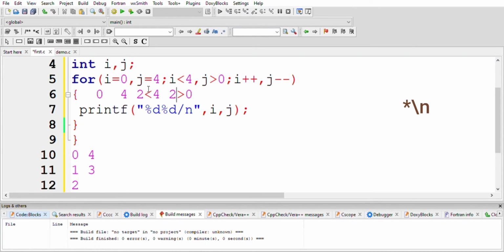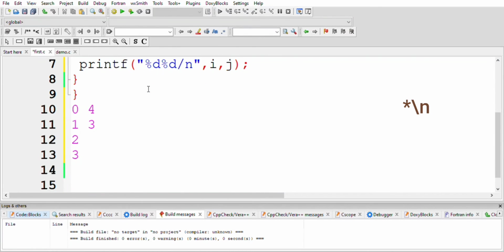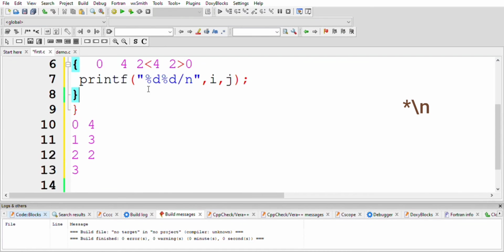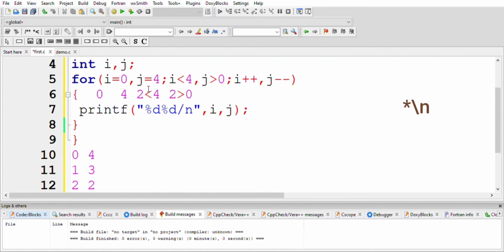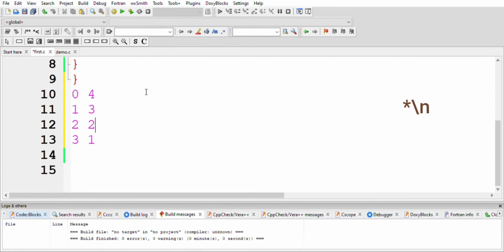Both conditions are still satisfied, so i value is 2 and j value is also 2. Now again i plus plus is 3 and j minus minus is 1, so it prints i as 3 and j as 1.